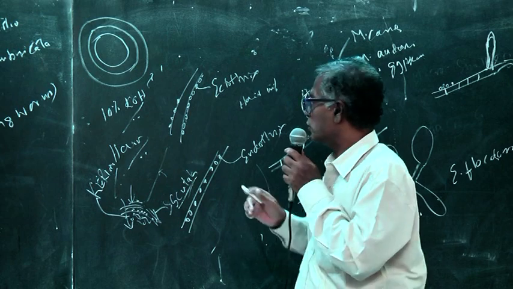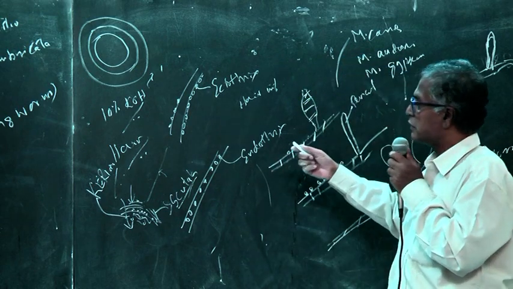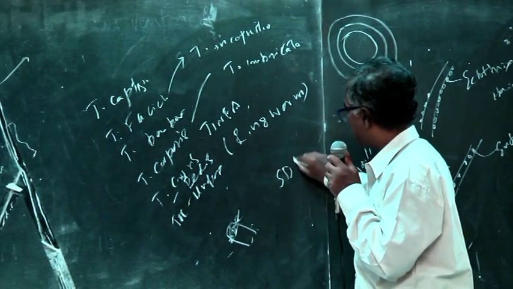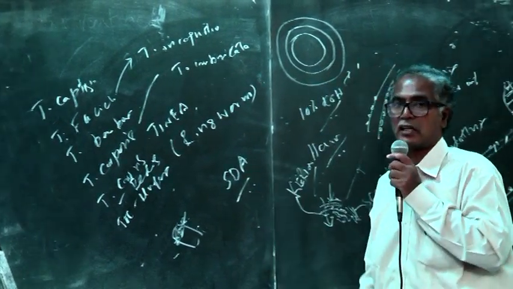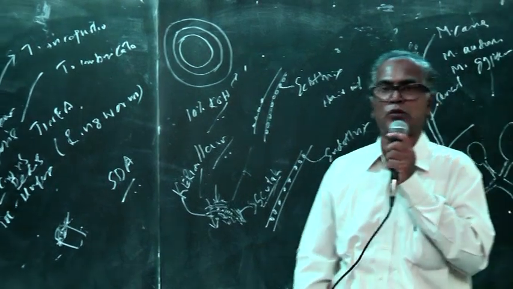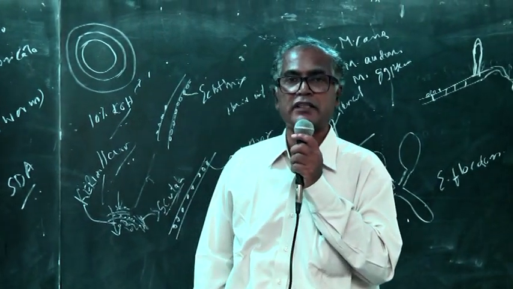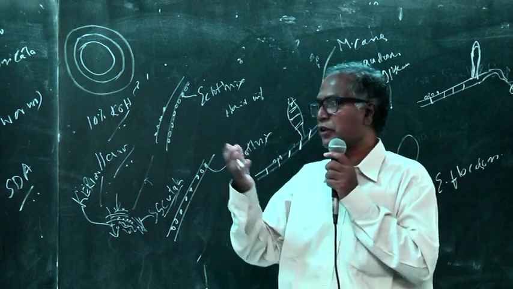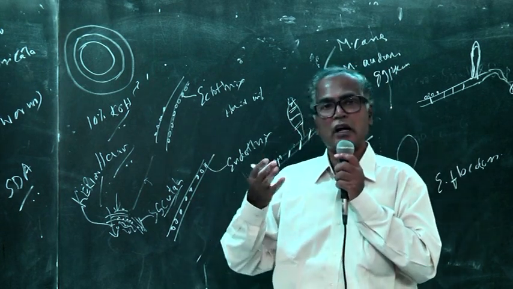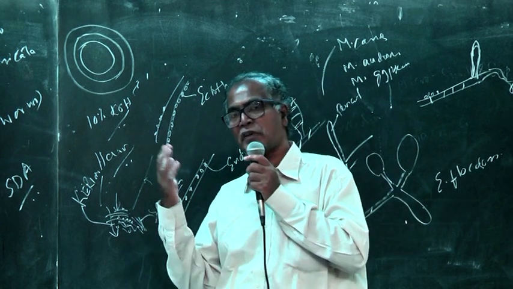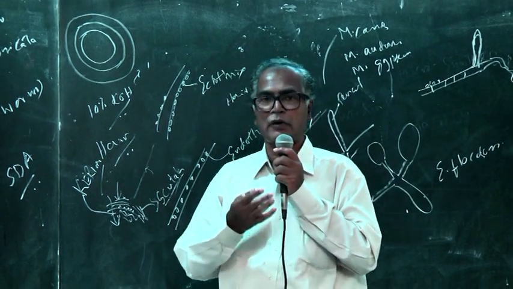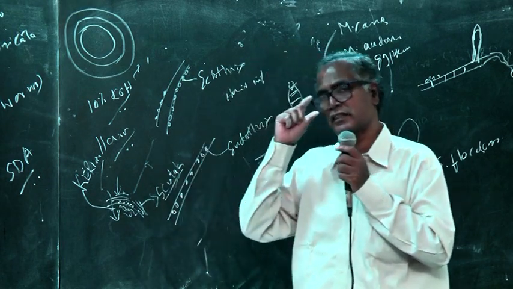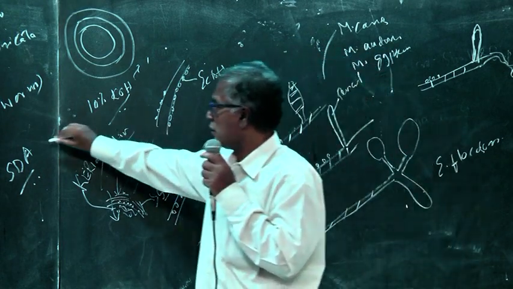Apart from that, you can take the scrapings and it can be cultured in the SDA, Sabouraud's dextrose agar. In Sabouraud's dextrose agar, after 2 to 4 weeks of time, these dermatophytes will be seen as a growth. For example, if you take Trichophyton rubrum, you can see a powdery growth and reddish reverse, red pigmentation, or Trichophyton violaceum, you can see powdery growth, reverse violet growth. Like that you can see, and the same can be taken